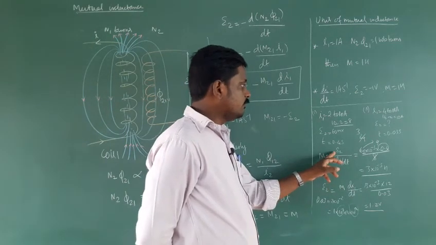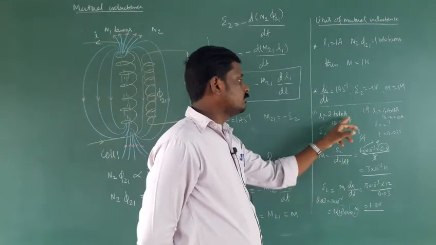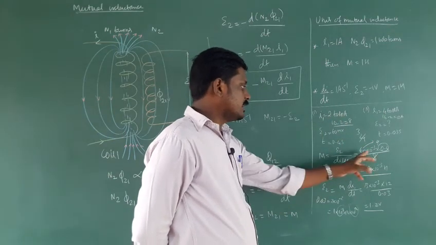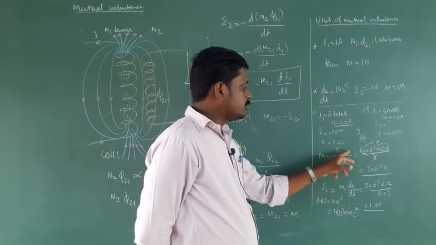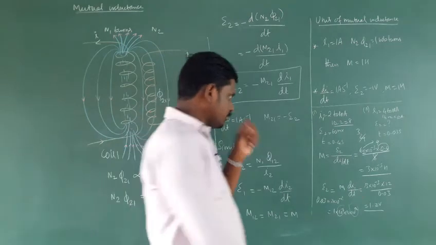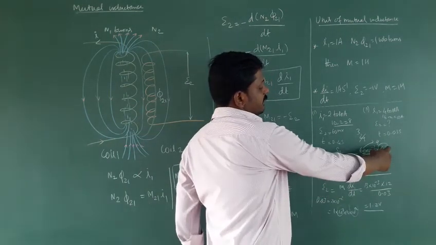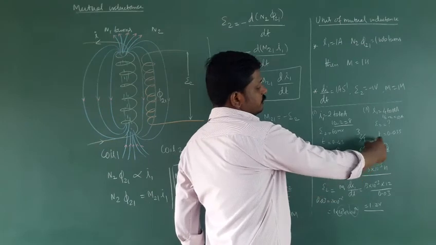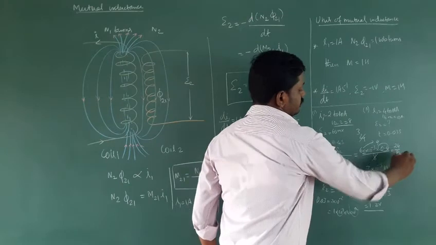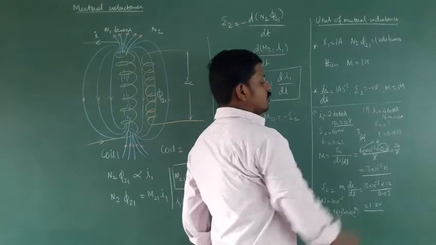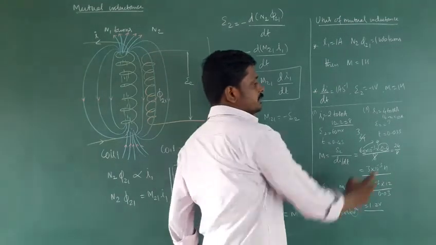So that is 60 millivolts, 60 into 10 power minus 3. Then the change in current, 2 to 10, so 10 minus 2, 8. Just substitute, then divided by dt, 0.4 seconds. So it should go to the numerator. Here 60, take out 10, so 6 into 10. 10 into 0.4 is 4. 6 into 4 is 24. So that is 24 by 8, which is simply equal to 3, because 3 eights are 24. So M is 3 into 10 power minus 3 Henry.